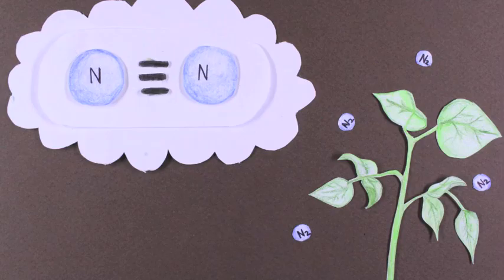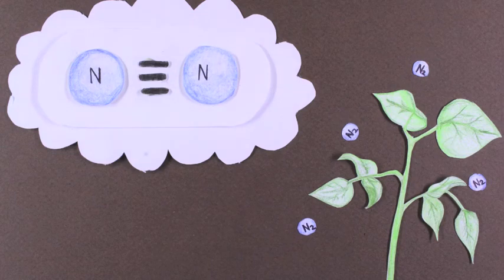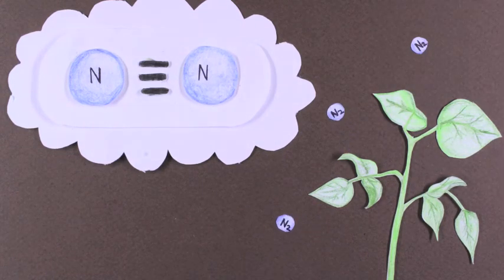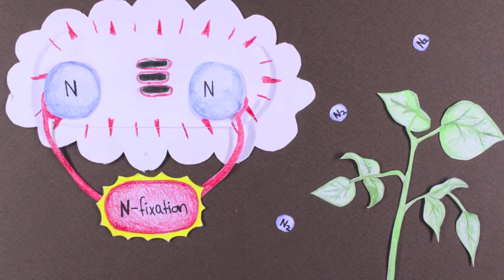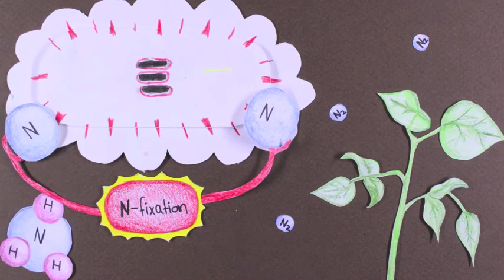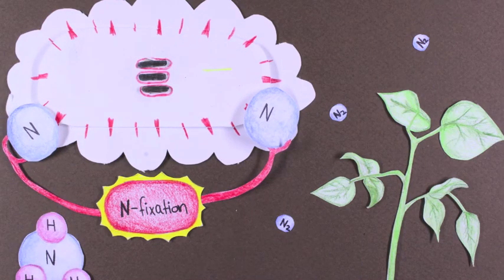Nitrogen is often a limiting nutrient to plants because it exists as dinitrogen in the atmosphere, which is unavailable to most living organisms because of the strength of the triple bond between the two N atoms. The process of nitrogen fixation converts atmospheric nitrogen into usable ammonia by breaking the triple bond between the N atoms in N2. Early in the 20th century, humans found a way to harness this mechanism and industrialize nitrogen fixation